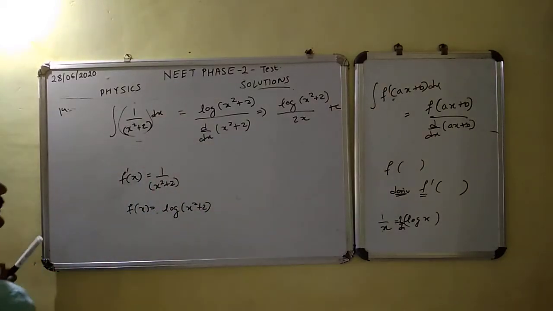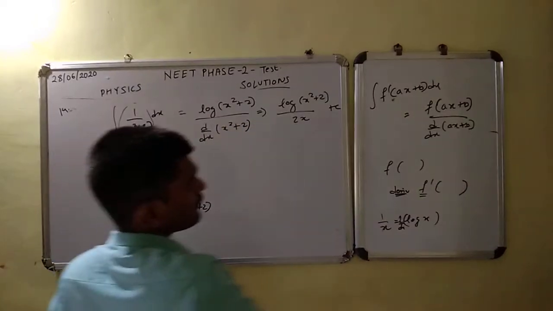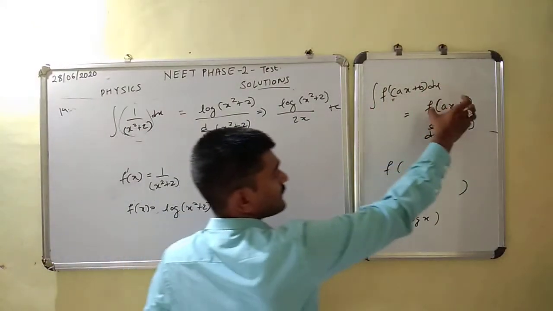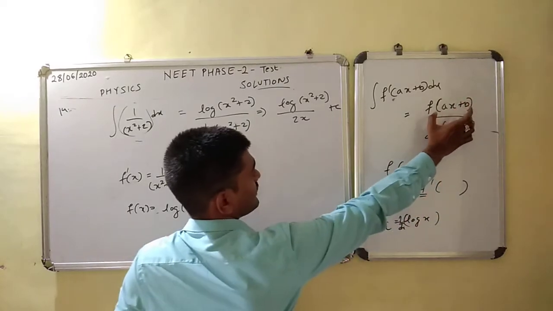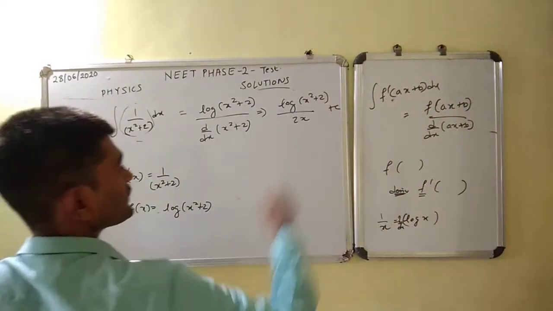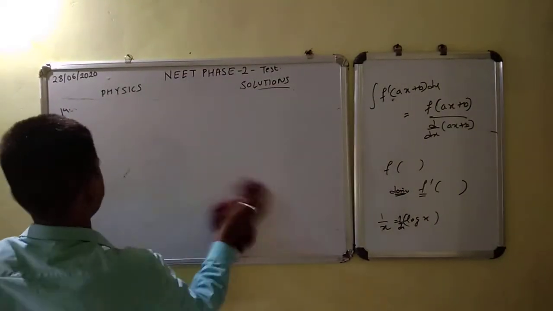Okay, question number 14, remember? This is integration of this form, where the question is already the derivative of something. That something will be written as the main function in the answer, and then we also have to take its derivative in the denominator. This is the reverse of the chain rule that we have seen in integration.